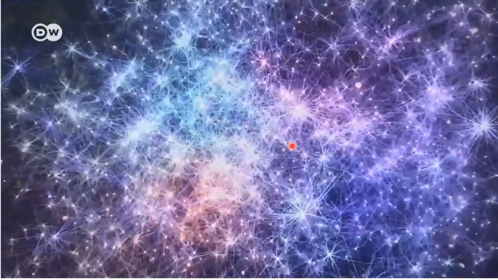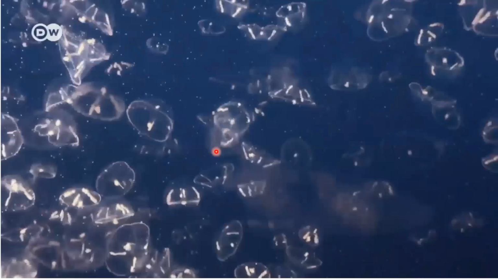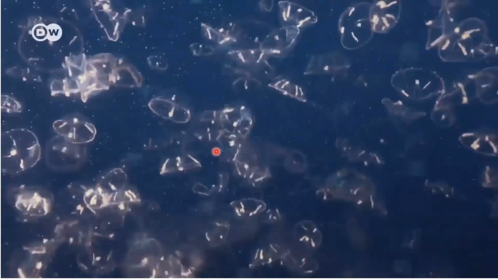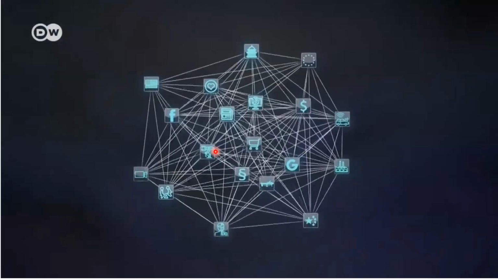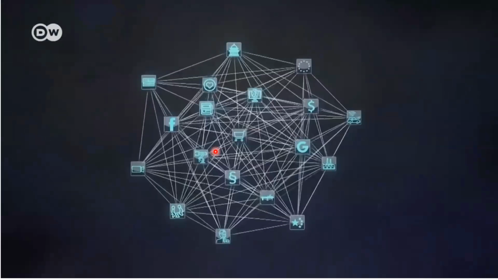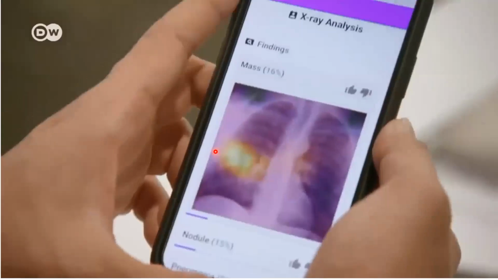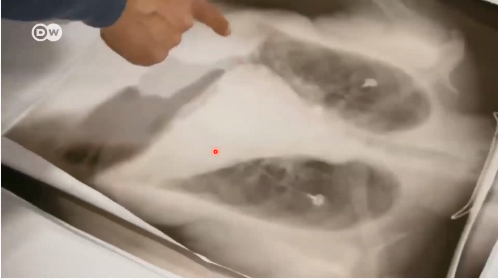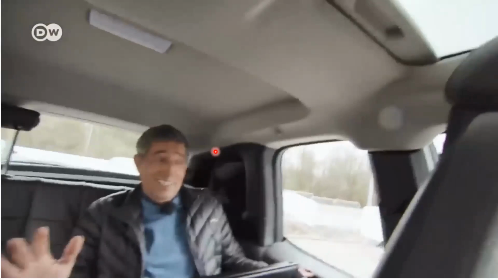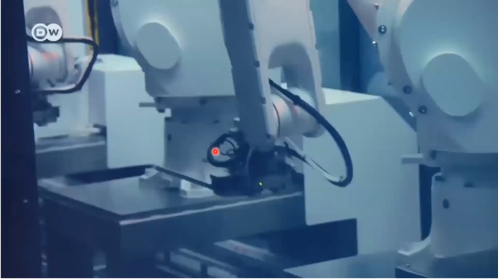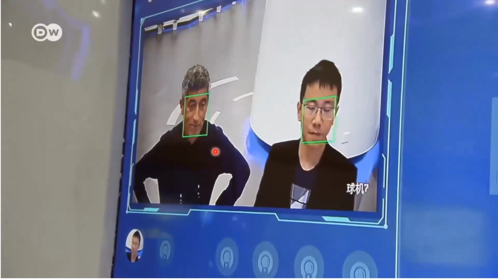Artificial intelligence is making rapid strides. There's talk of a new evolution that could fundamentally change life on our planet. Artificial intelligence has the potential to revolutionize every aspect of daily life: work, mobility, medicine, the economy, and communication. But will AI really make medicine better and doctors superfluous? When will self-driving cars hit our roads? Will intelligent robots usurp our jobs? And are we heading for a dystopia with no privacy and total surveillance?